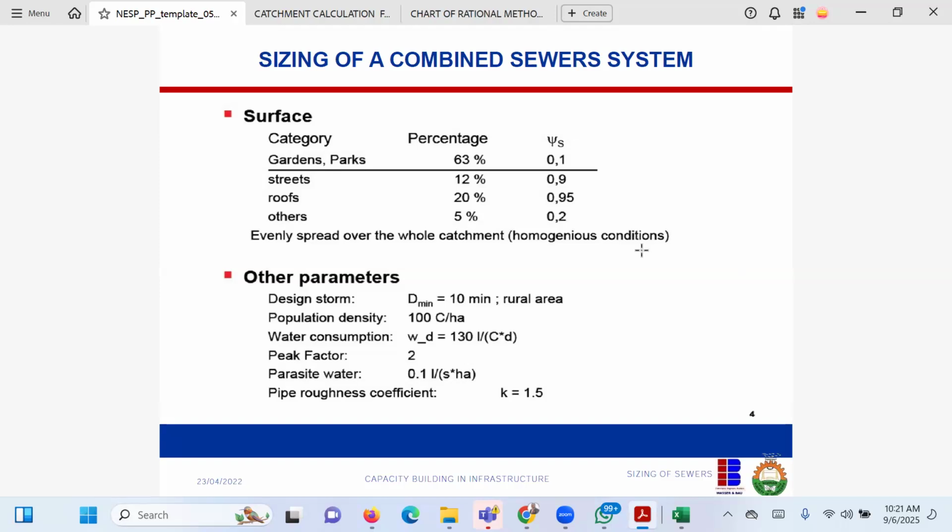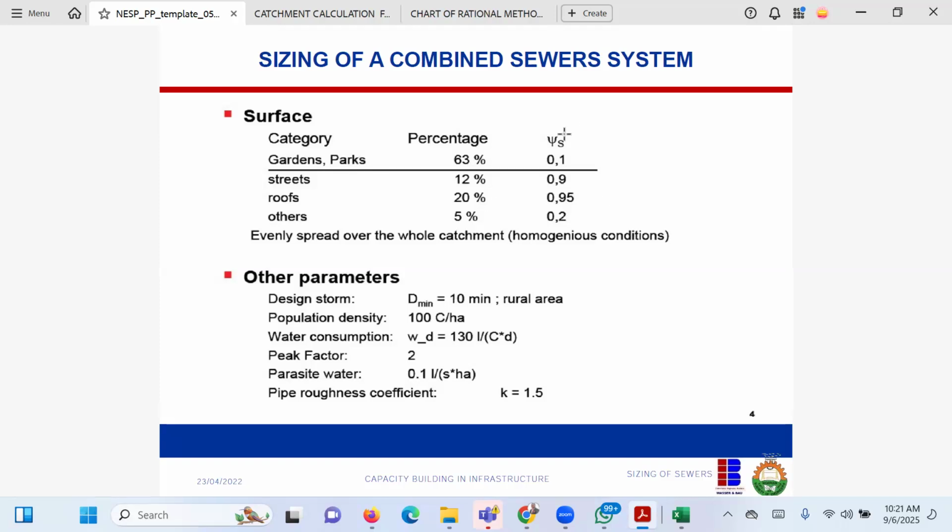Okay, so here we discover that the place is made up of 12% streets, 20% of roof. This 20% of roof should tell you that this is 20% house. So built up area is 20%. No, not 20%, sorry. Built up area is 32 to 37%. That's what it means, because this is streets. Okay, this is roof. So roof is houses. So you can see that this place is about, let's say, approximately 35% built up, because garden and parks is